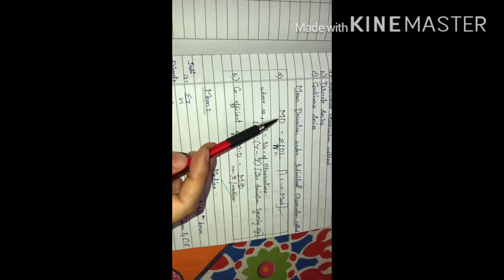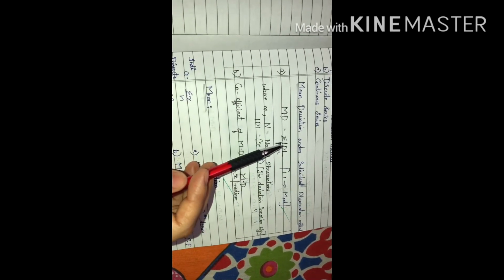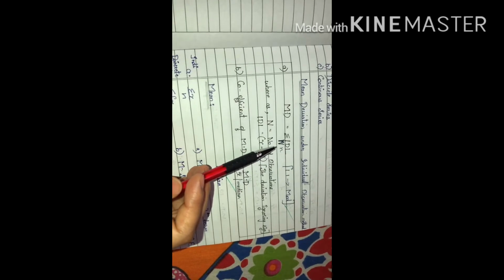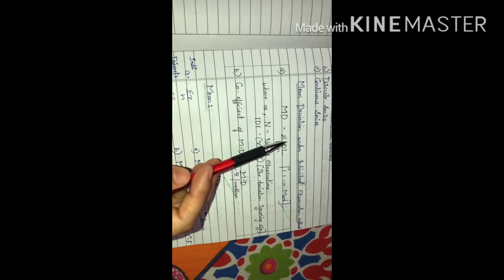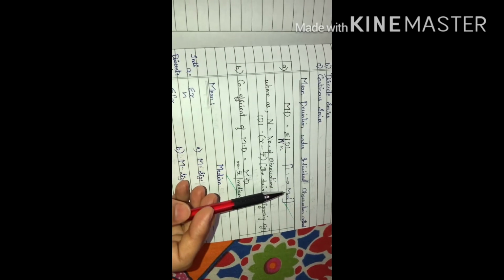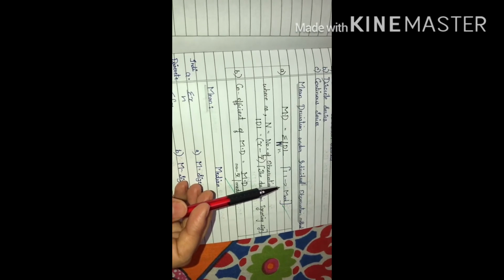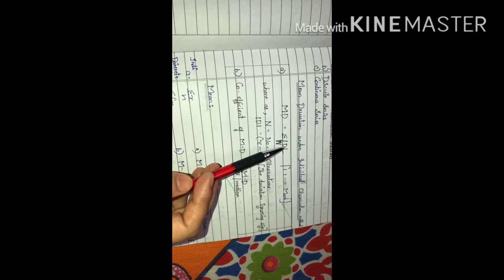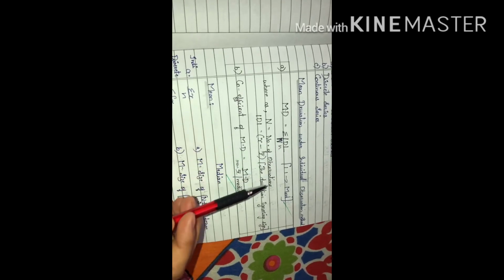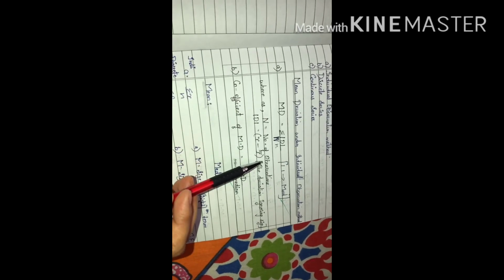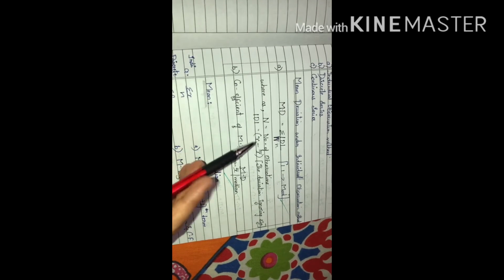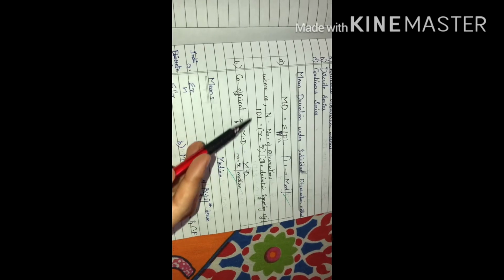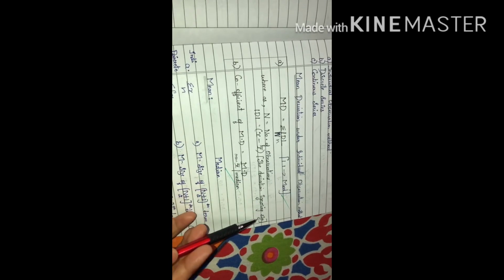The formula for this is mean deviation equals sigma mod d divided by small n. The symbol next to d is called mod. Sometimes when you total the column of d, you may get a negative value, so to ignore the signs we use this mod. Here n is the number of observations under the individual method. How do you identify mod d? It is mod of x minus x bar.